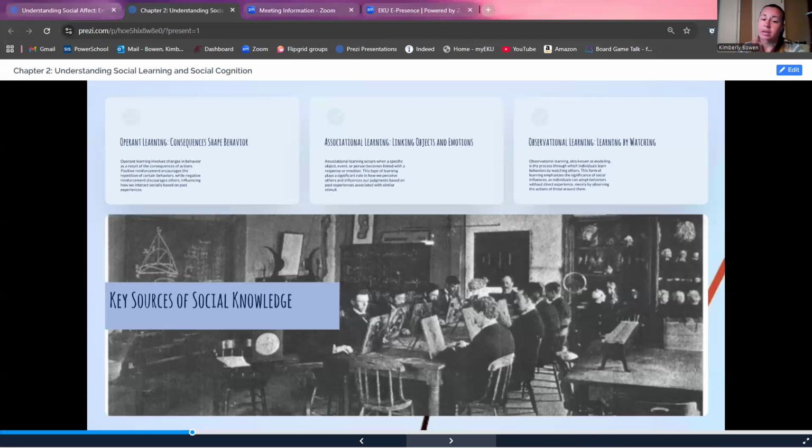But you have 3. Associative learning is really linking objects to emotions, right? So a specific object, event, or person becomes linked to a specific emotional response. Like if you like the beach and you see the ocean, no matter if it's in a picture or you're stepping foot there, there's a little bit of happiness that comes over you, because that has been conditioned in your brain to think ocean, association, happiness, right? It's as simple as that, but it does it over and over and over again with many, many, many different